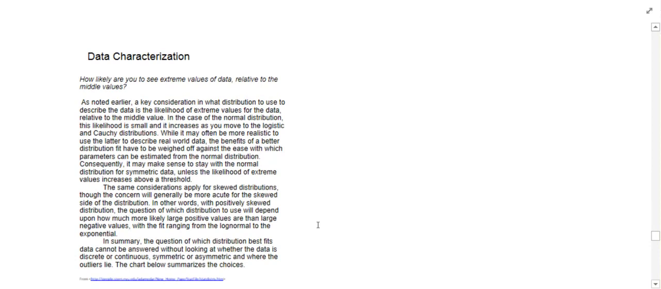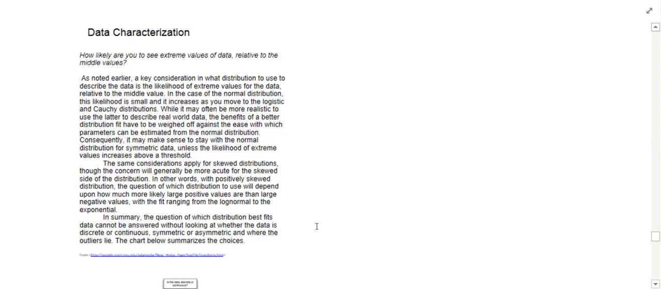The data is symmetric, and the likelihood of extreme values is not above some certain threshold that you would set. The same considerations also apply for skewed distributions, although the concern is generally more acute for the skewed side of the distribution. In other words, with a positively skewed distribution, the question of which distribution to use will depend upon how much more likely these large positive values are than the large negative values, with the fit ranging from the log normal to the exponential, which would be two distributions that we discussed earlier that we would consider